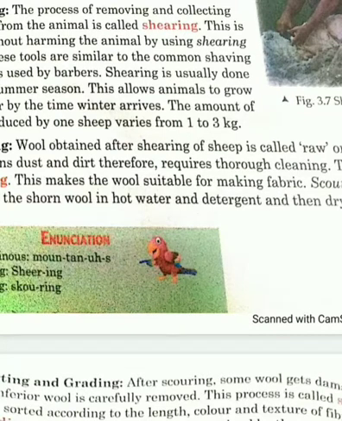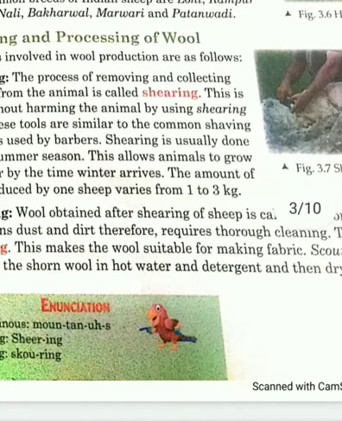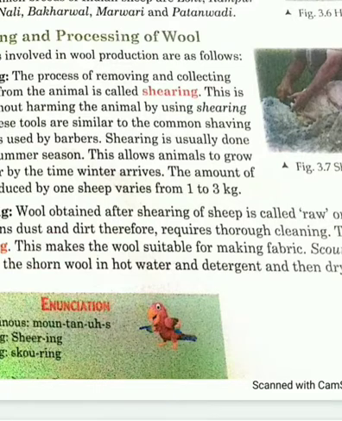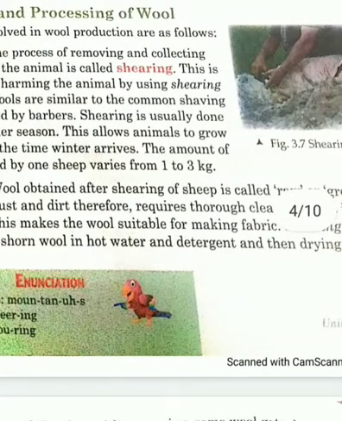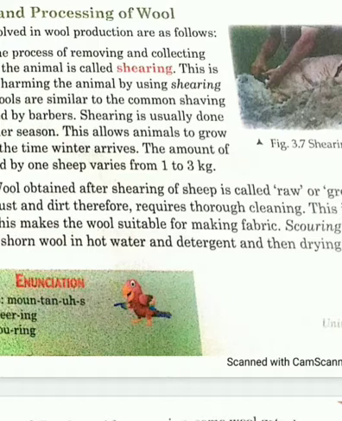So if we do this shearing process in summer, then they will have appropriate time for growing hair, which will protect them in winter. And from a sheep we get at least 1 to 3 kg of wool. Then after shearing we have a process that is called scouring,